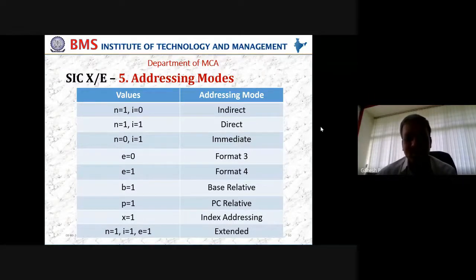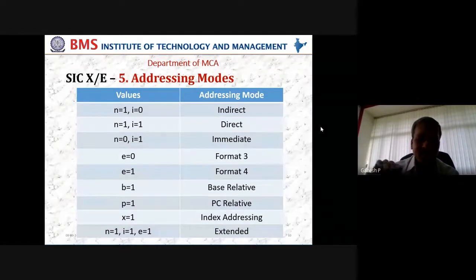But nevertheless, what you have to understand at this point of time is there are 4 instruction formats in SIC/XE. Format 1, format 2 are very simple. Format 3, format 4, where we need to have some attention. So format 3 is a 3-byte instruction where we have 24 bits, which is well within the boundary of the program counter, where 6 bits are for the opcode, next 6 bits for the NIXBPE, remaining 12 bits are going to be displacement.